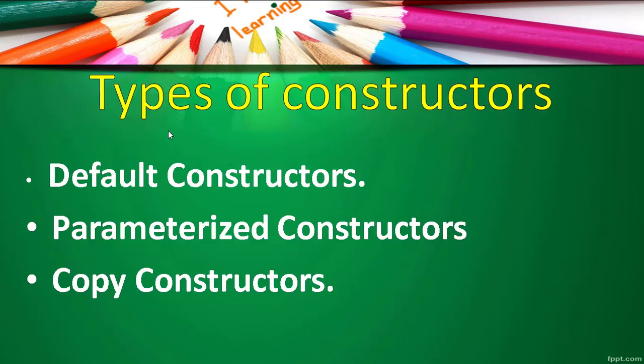In the previous class, we were studying the types of constructor. There were three types: default constructor, parameterized constructor and copy constructor. We studied the default constructor. A constructor which does not accept any arguments is called a default constructor, and the other name for it is zero argument constructor. We also studied its features, and I gave you an example program showing how the default constructor works.